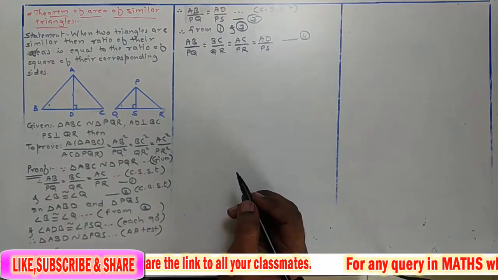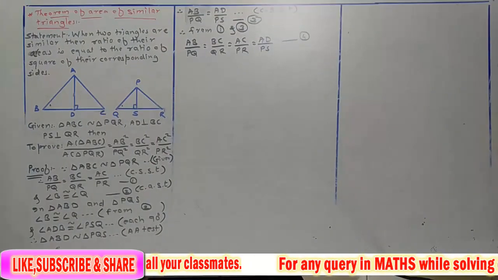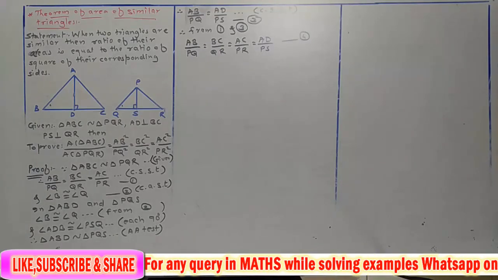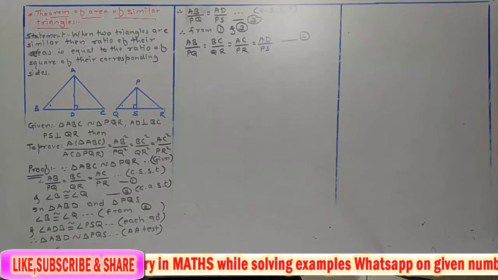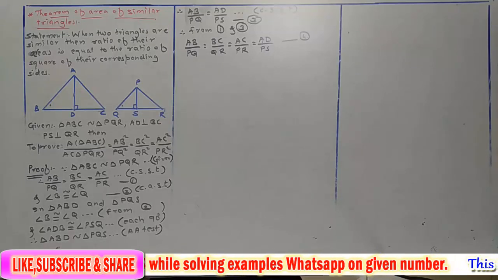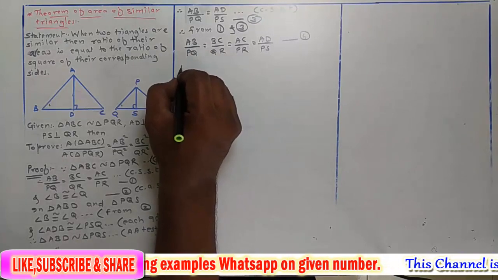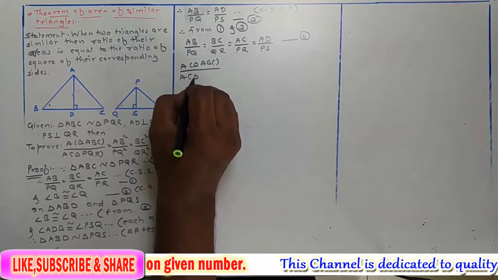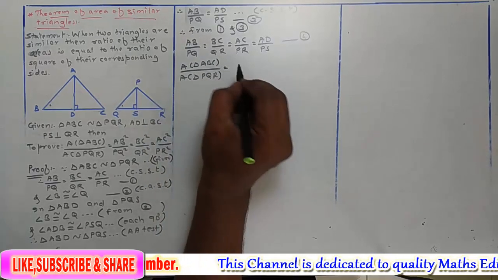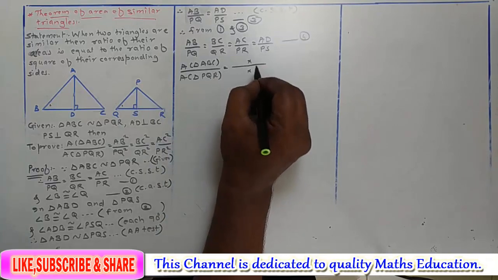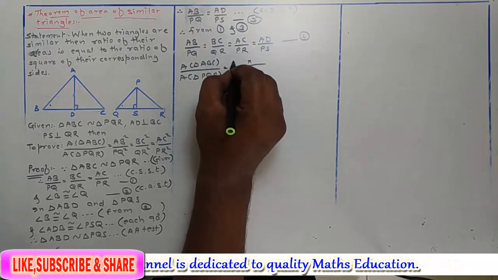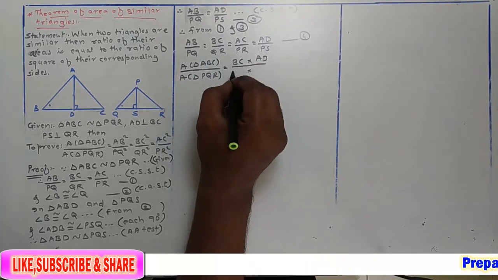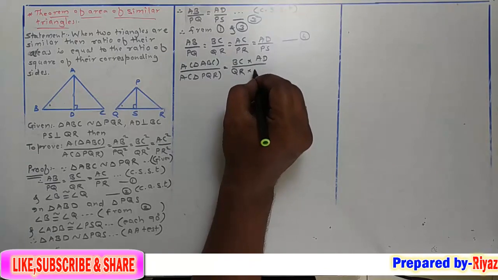Any doubt in this? No? Okay, now remember that first property of this lesson, that is the ratio of area of two triangles is equal to ratio of product of their bases and corresponding height. You remember this property? Okay, so by that property, area of triangle ABC upon area of triangle PQR is equal to ratio of product of their bases. For first triangle ABC, the base is BC and height is AD. Similarly for triangle PQR, the base is QR and the height is PS.